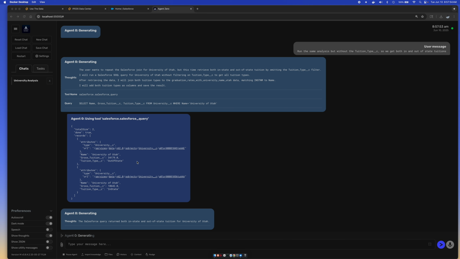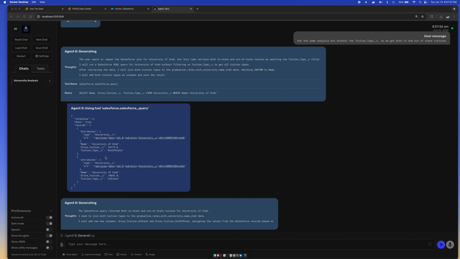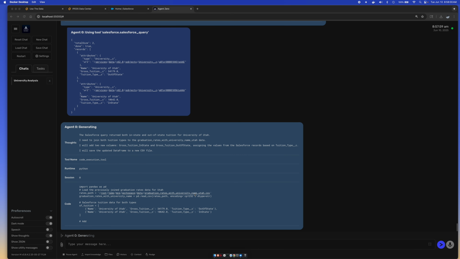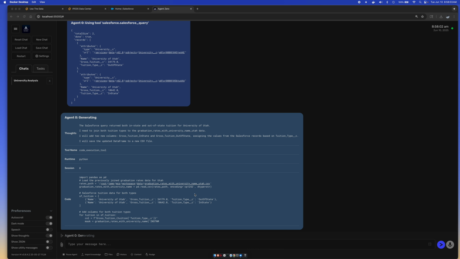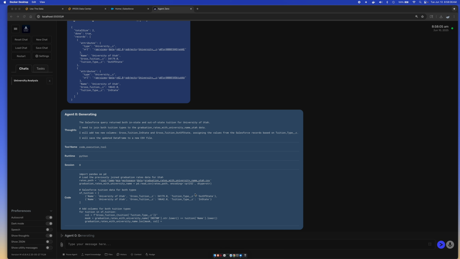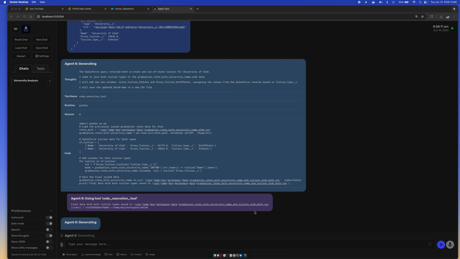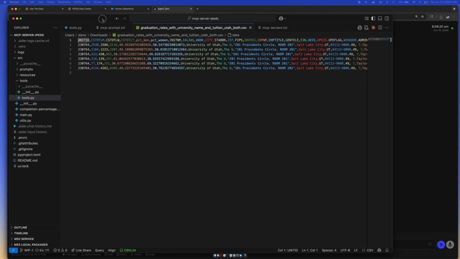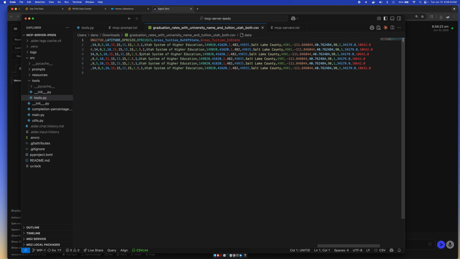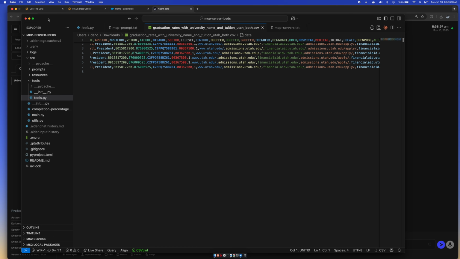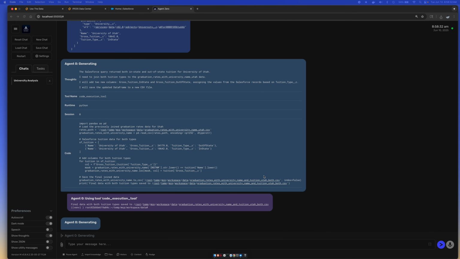Okay, so here we go. Here's the Salesforce. We can see we got both of them here now. And let's see, we can take a look at this CSV file while we wait. See, here's the CSV file with all the university data in there. So we can grab whatever we wanted from that. And now it's going to do the quick little